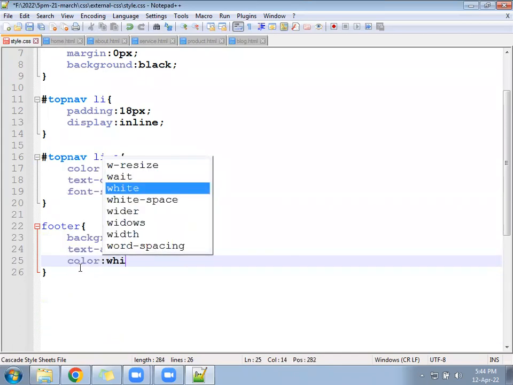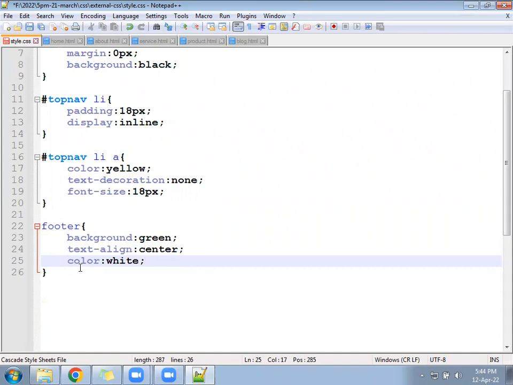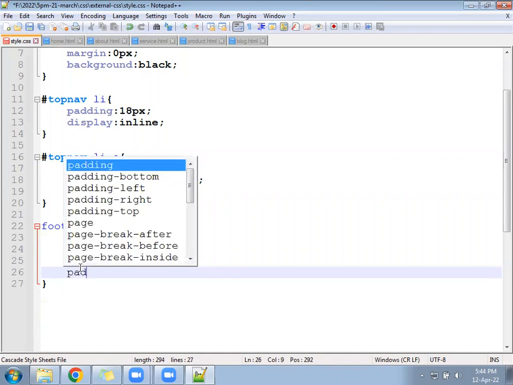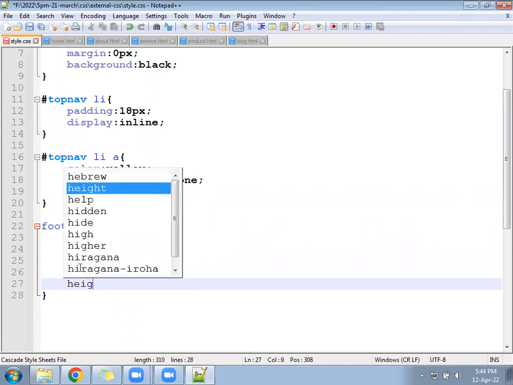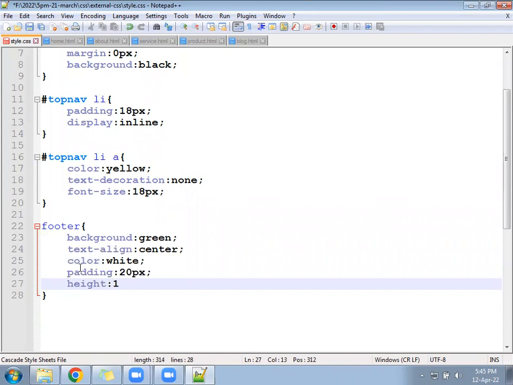Color white. After that, padding somewhere around 20 pixels. After that, height keep 130 pixels, or 140 pixels.